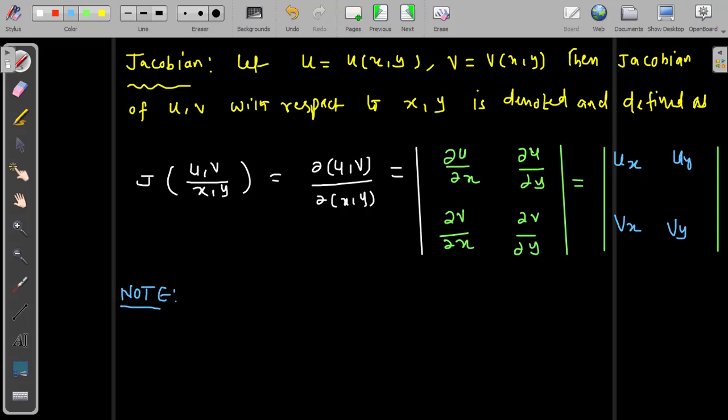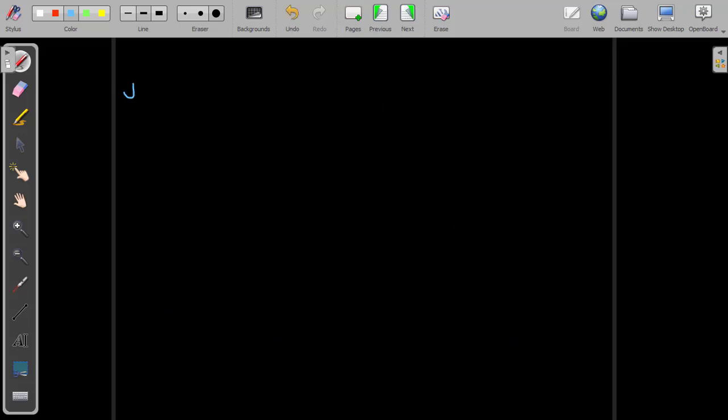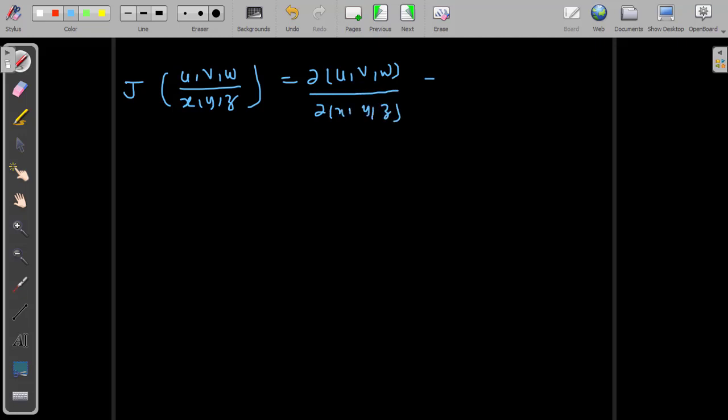We can extend this Jacobian property to more than two functions. If u equal to u of x comma y comma z, v is another function v of x comma y comma z, and w is another function w of x comma y comma z, with independent variables x y z, then the Jacobian for the function of three variables is defined like this: J of u v w numerator by x comma y comma z, or dou of u comma v comma w divided by dou of x comma y comma z, which is equal to